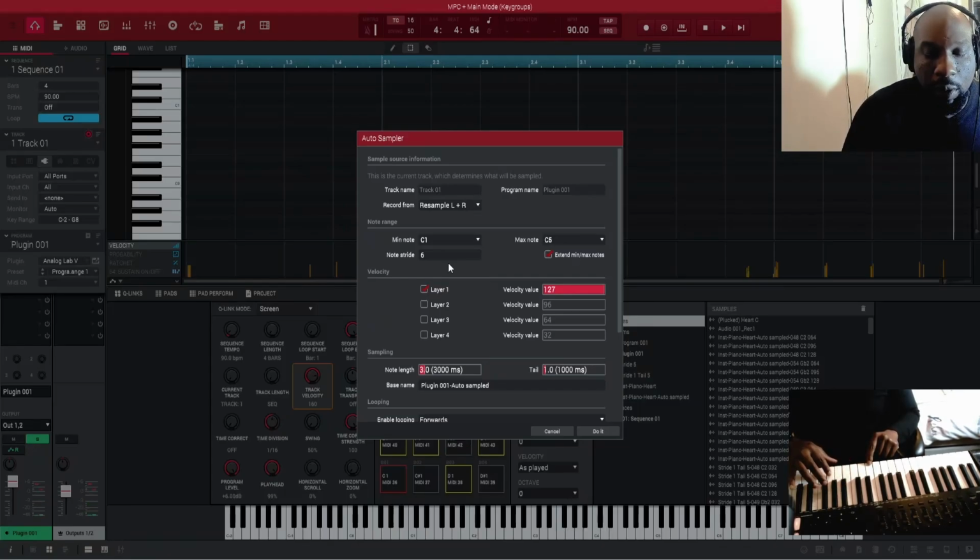Then 1, 2, 3, 4, 5, 6, and it will just do every 6. The notes in between that it hasn't sampled, it pitches to the correct tone rather than sampling